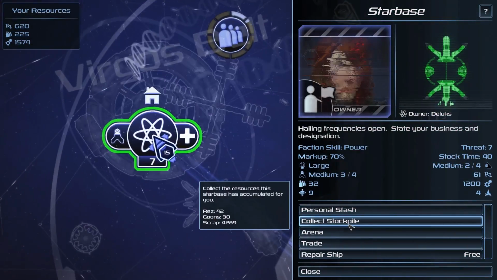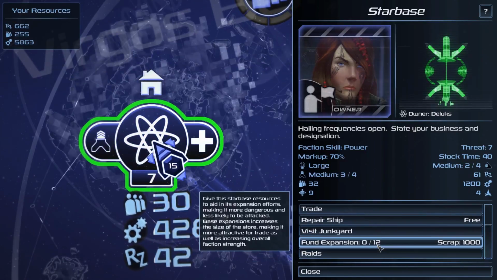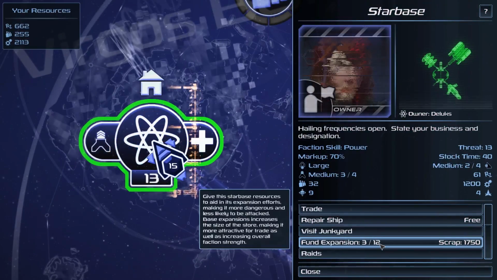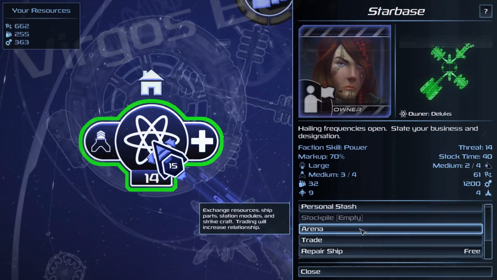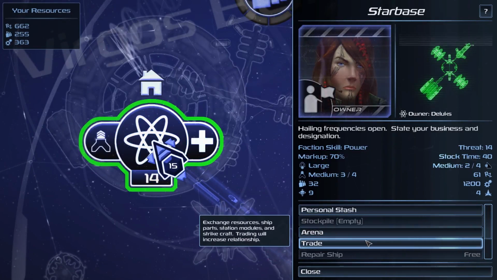All right, so clicked our stockpile. Wow, 4,289 scrap. Holy crow. Okay, so let's upgrade our starbase to level 1, cost 1,000, to level 2, 1,250, to level 3, 1,500. So yeah, leaving and coming back wasn't a terrible idea. It gave our starbase time to make some serious cash. Now we're broke. We're going to repair our ship and go into the trade and see if there's anything